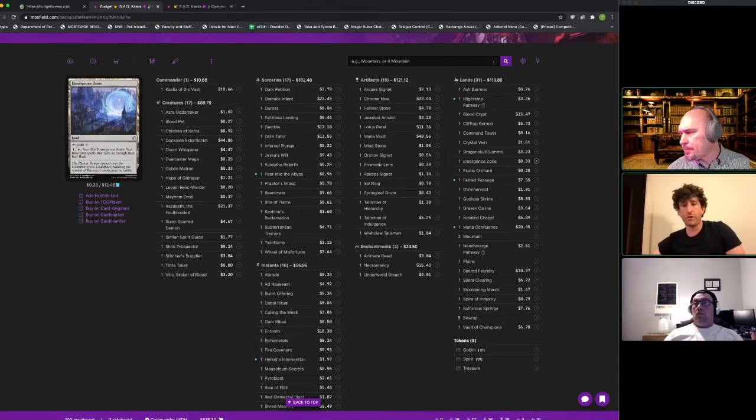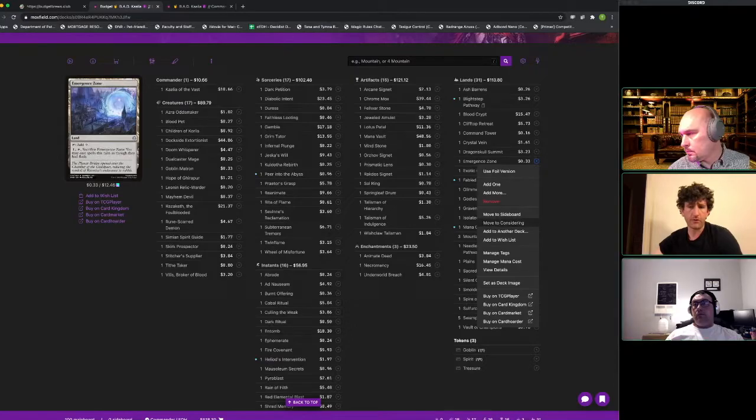It still works with a lot of the Reanimator stuff we could do, like instant speed Entomb, Reanimate, Villas is pretty gas. But I don't think we need it as much if the color production is more important. Yeah, I think so. Okay, I would actually cut the Emergence Zone for